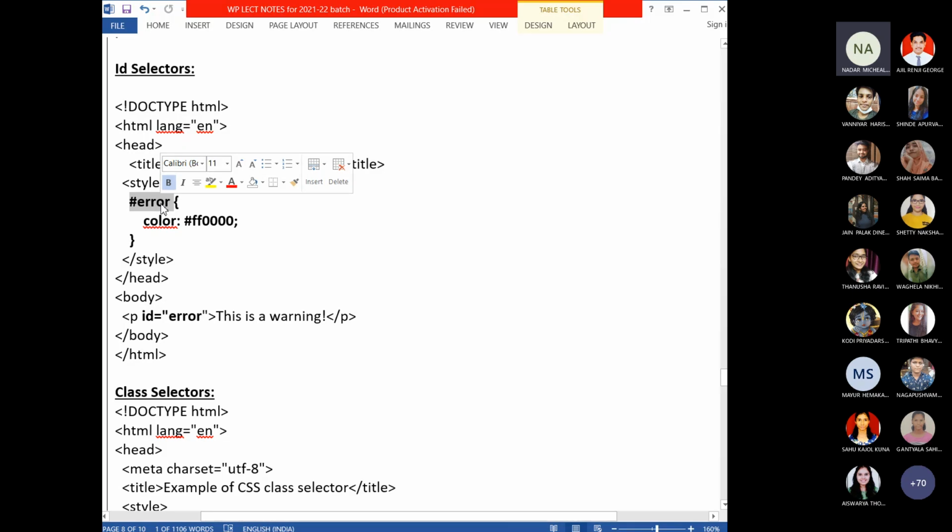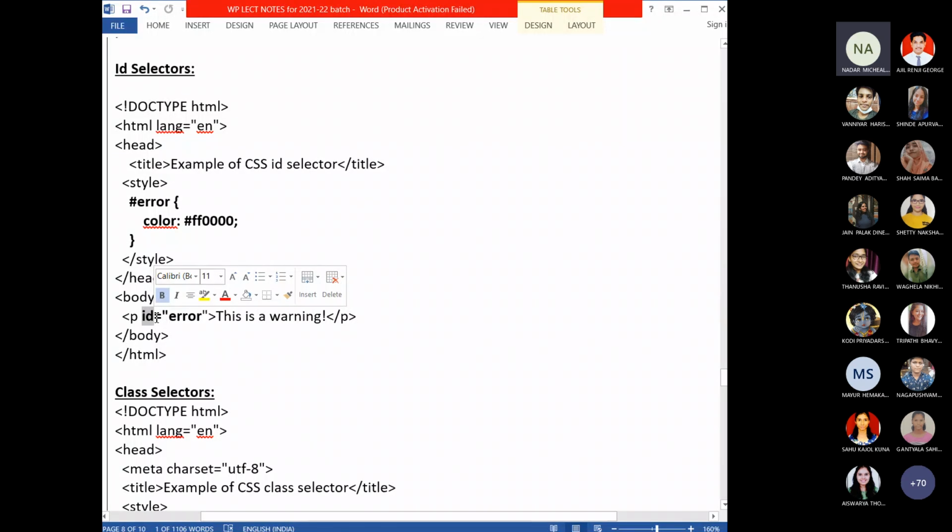If an asterisk comes here, that is called a universal selector. If any tag comes, that is an element level selector. If a hash followed by a user-defined ID comes, that is an ID selector. When you use the ID selector, you should not forget to use the ID attribute within the respective element in the body tag.